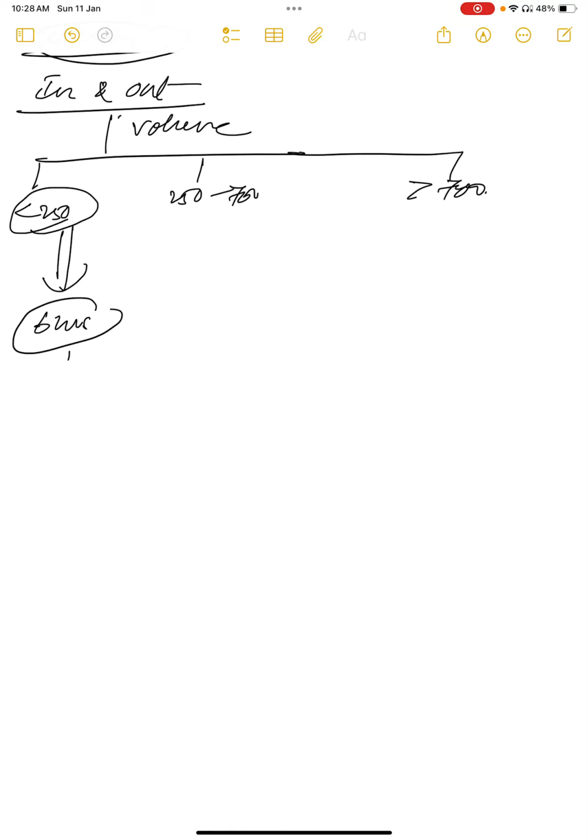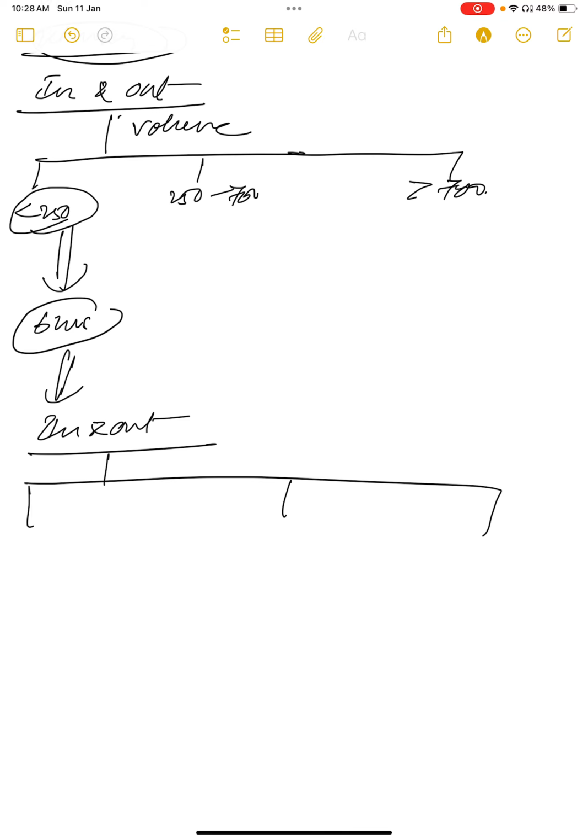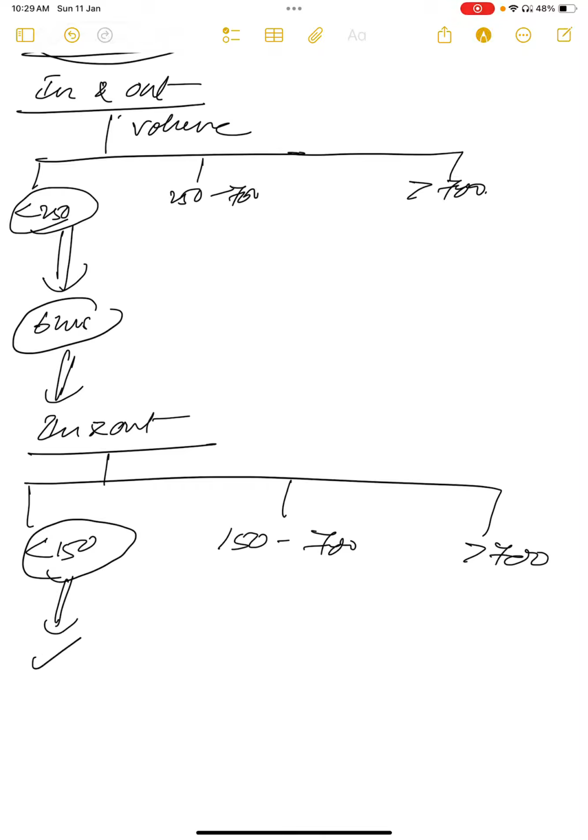After 6 more hours, you again do in and out. In this you again see the volume of the urine: less than 150, 150 to 700, more than 700. If it is less than 150, nothing to do. You'll just encourage her to pass urine. That's it. If in the first part, it is 250 to 700,